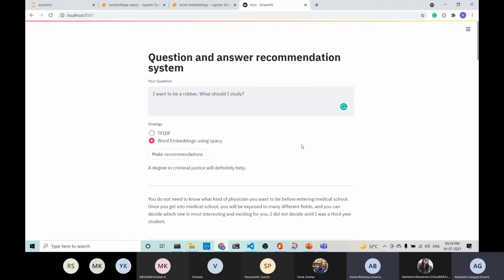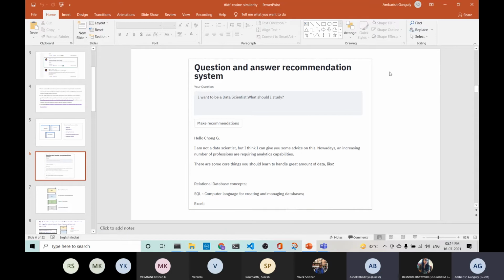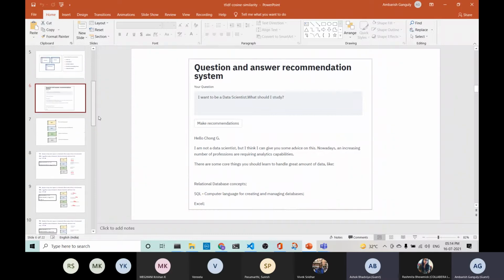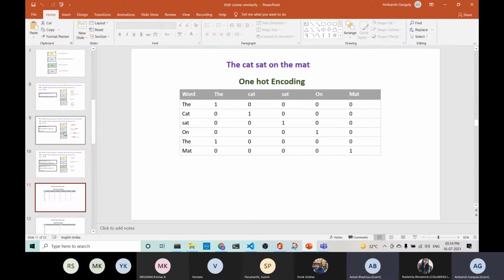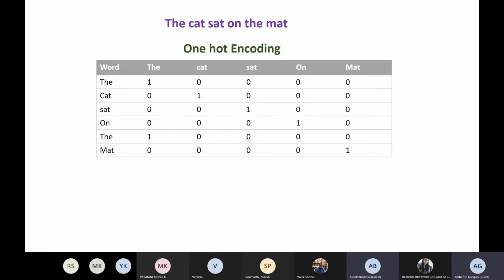So enough of the demo. Let's see how it is doing it. Let me go back to my presentation. So this is about the demo. Now let's look at the internals. Here's the TF-IDF, but today we'll not discuss it. Here we'll just discuss some of the techniques that are there to convert